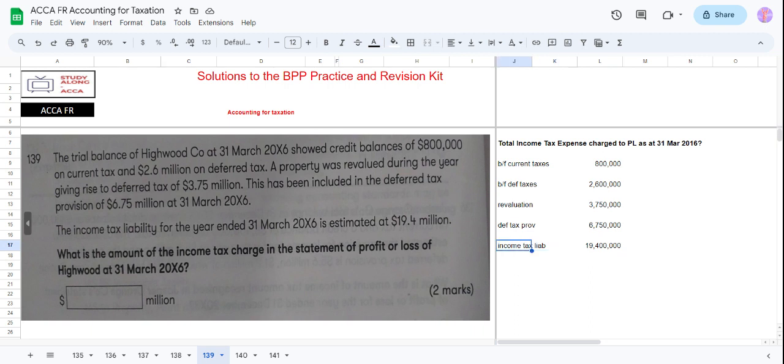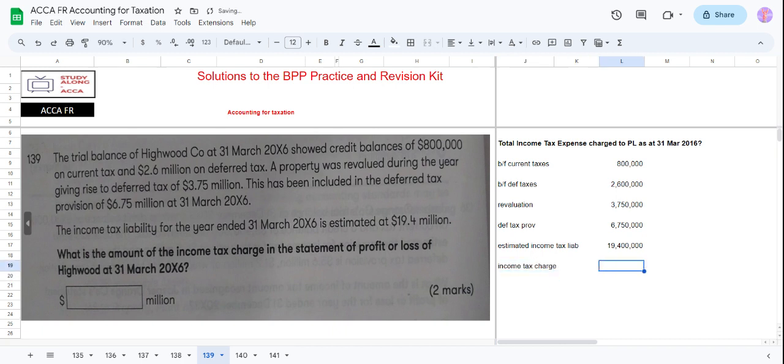So this 19.4, it says that the income tax liability for the year ended 31st March 16 is estimated at 19.4 million. So that means that the provision for income taxes at the end of the period should be 19.4. Okay. So in order to calculate the income tax charge, we will take this